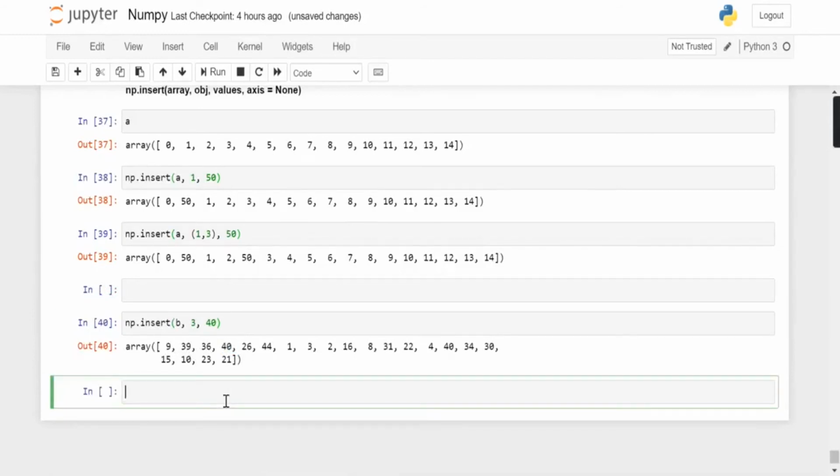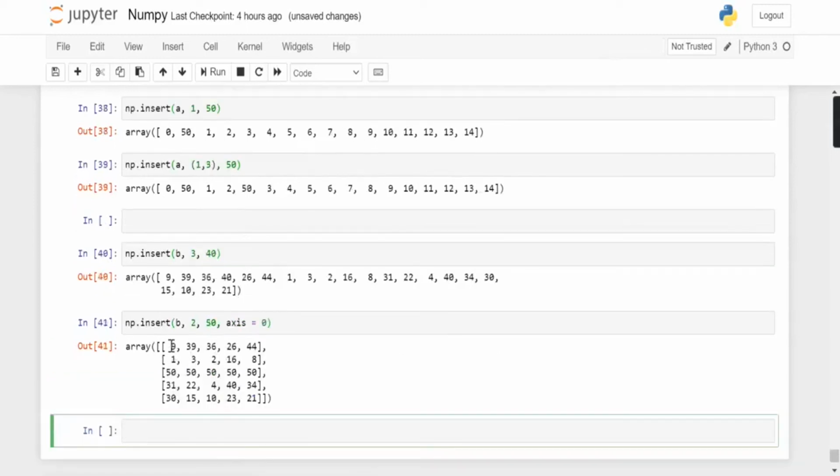Now let's use our parameter axis. Here also it works in the same way as it did for the function append. So np.insert B, and here let's say the position 2, and I want to add the value 50, and axis equals 0.